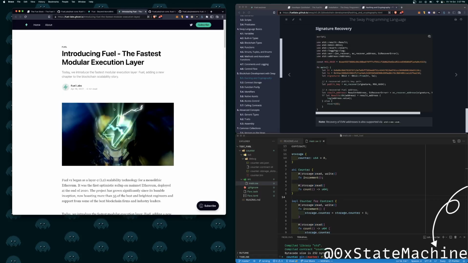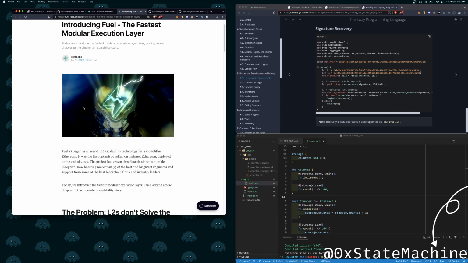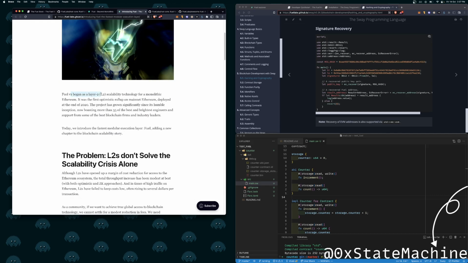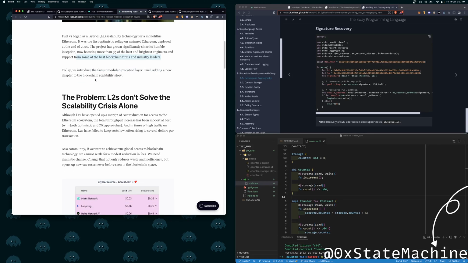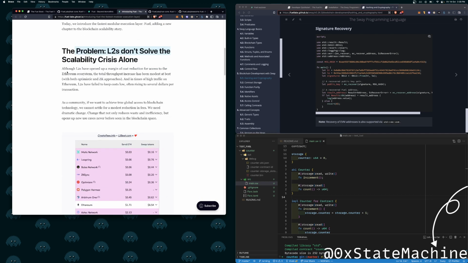Okay, they have a blog post introducing Fuel, and this was written in 2022. Today we introduce the fastest modular execution layer, writing a new chapter of the book, and just the problem: L2s don't solve the scalability crisis alone.